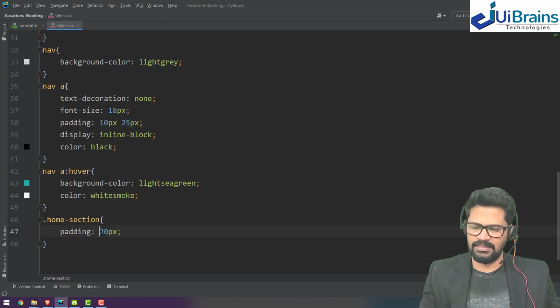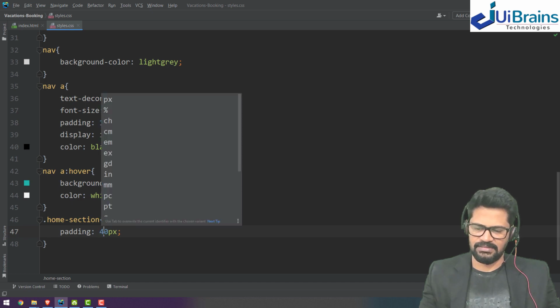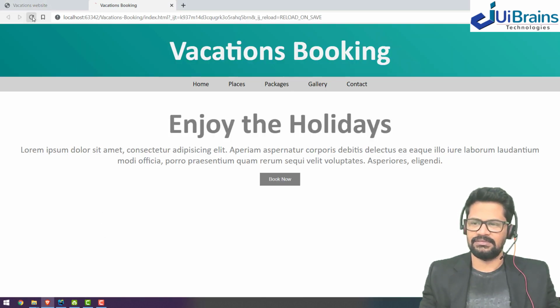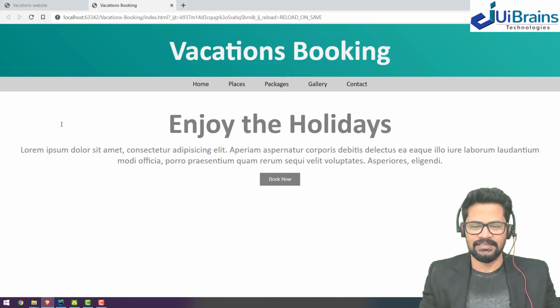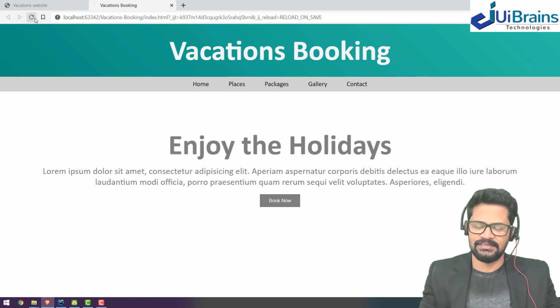Not 20, I guess it's some 40. No? 40 is also less. Let's have some 100. Okay, nice. So we got some space around it. Exactly 100 pixels of space is there. Yeah, fine. So the home section is ready.